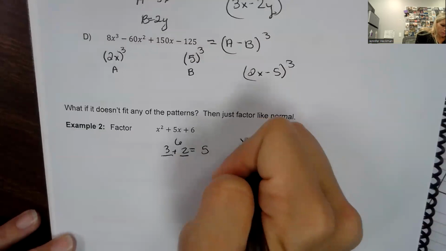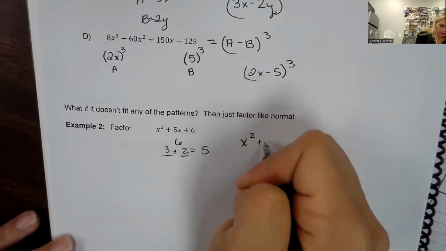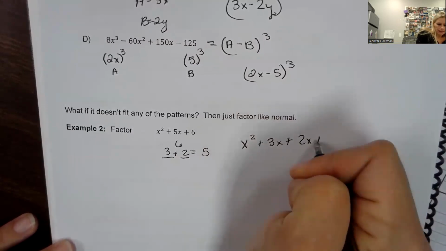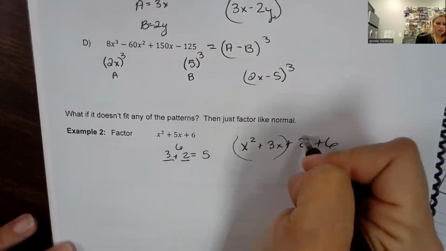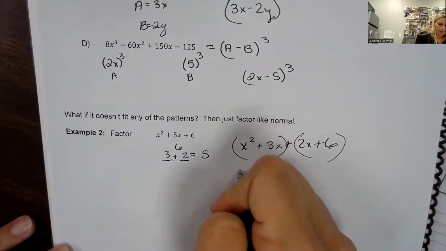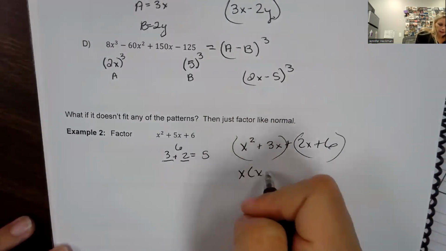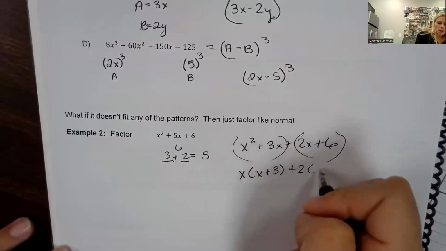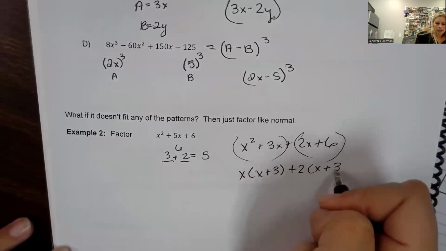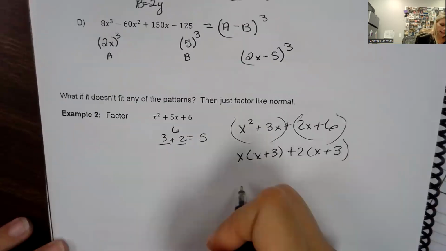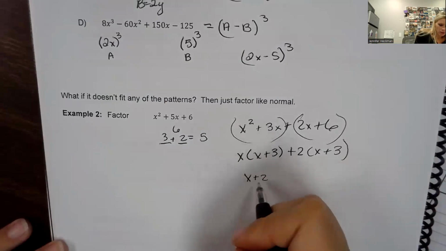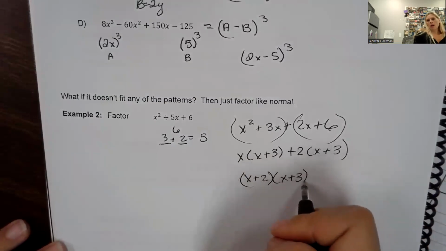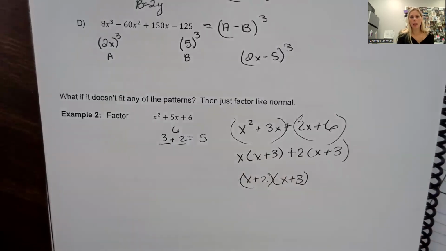And then I can do my grouping. So x squared plus 3x plus 2x plus 6. Group. Let's see, we have a common term of x. So that's x plus 3 there. Common term of 2. So we get x plus 3 here. And what do you know? That means my final answer is x plus 2 times x plus 3. Okay. All right, let's do some practice on their